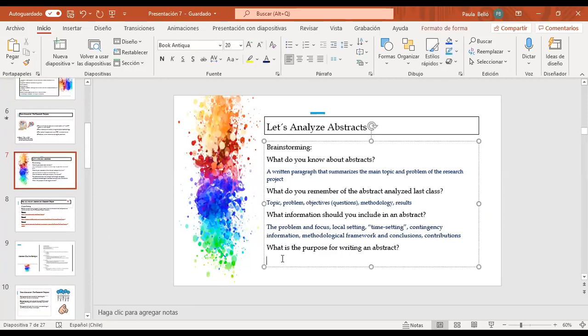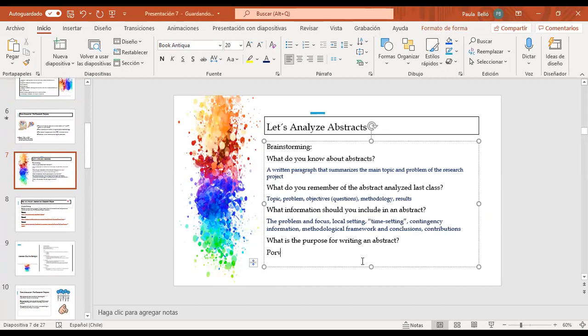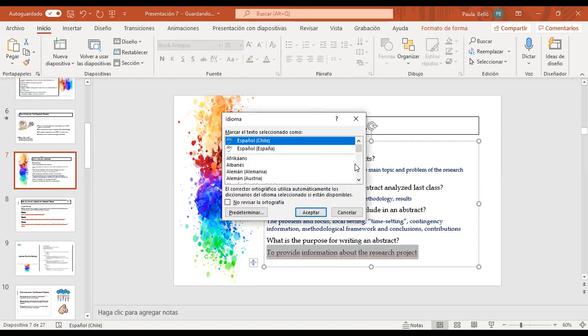The purpose: why do we write an abstract? To give information about your research project. To provide information, yes, information about the research project, mainly. This is important in many things you're going to do, for many reasons, in case you want to present, yes. The